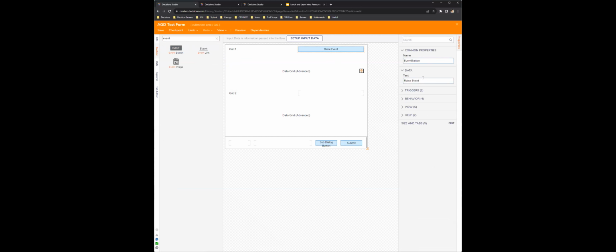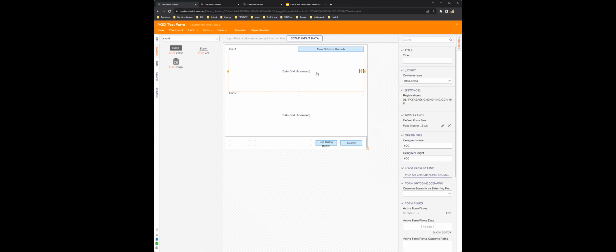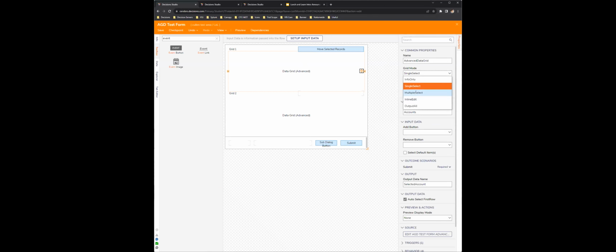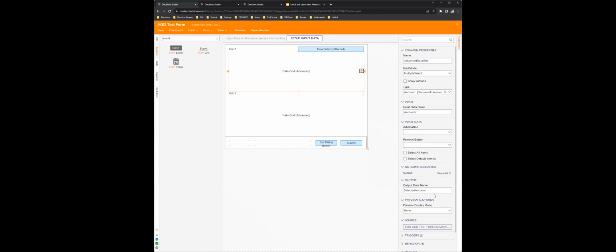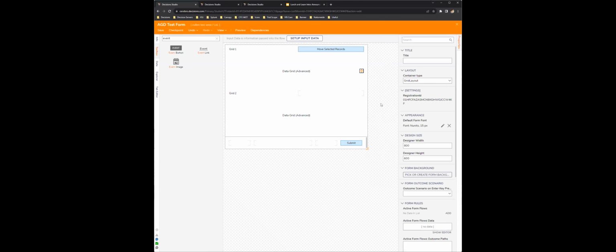Raise event: move selected groups. And your case here too is multi-select, right? So let's say selected accounts. So we have our input here, and then we have our input for this bottom grid here. Just remove that. So we have the buttons.